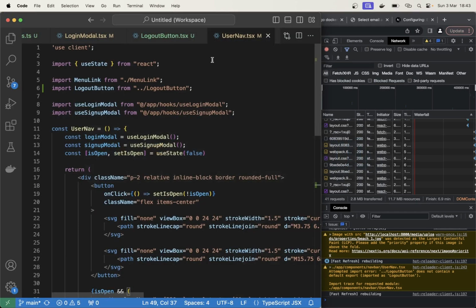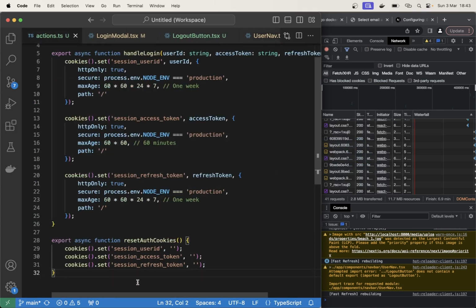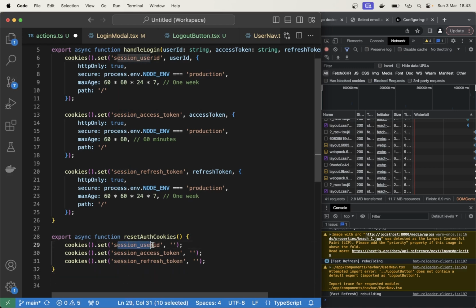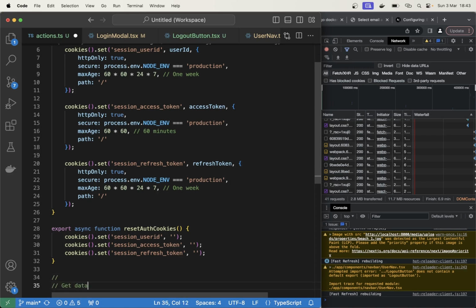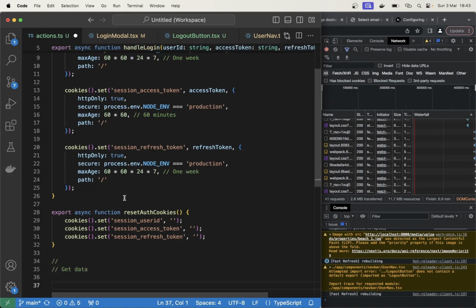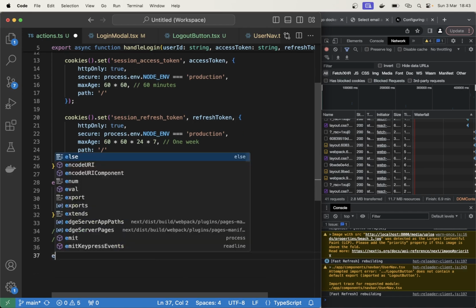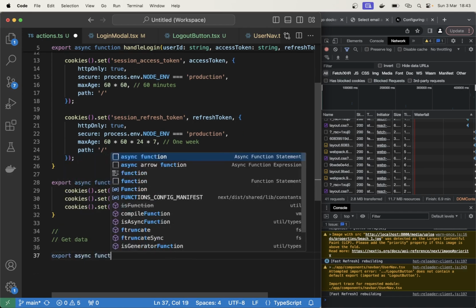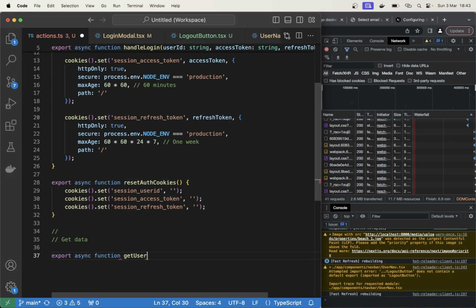So I need to do a little change in order for this to work. And the first thing is to create one more action here, because I want to make it easy to get this user ID. As you can see here, when we log out, we set this to be empty, which means that if you try to get it, we'll only get the empty result, so we know very easily that you are logged out. So get data, because everything up here we are setting the data. So export async function called getUserId,